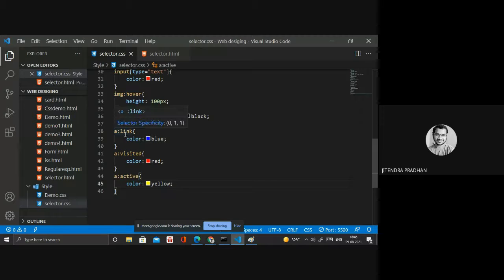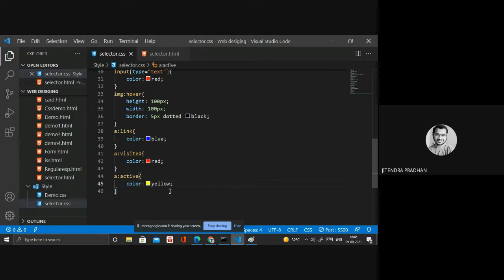So we are using the dynamic selectors link, visited, and active for the anchor tag. If you want to change something when I visit the particular link, or when I activate the particular link, whatever you want, like font size, font color, background color, and border, you can do all these things.